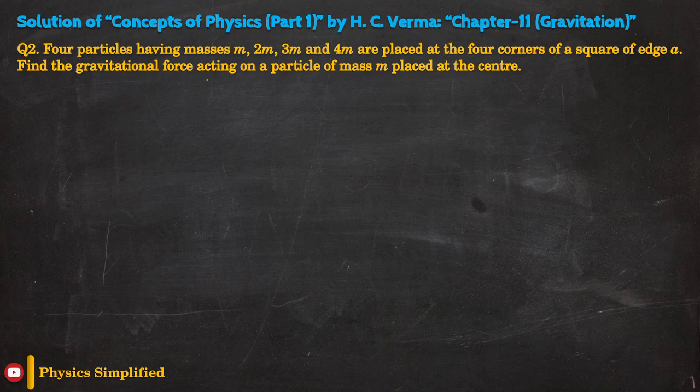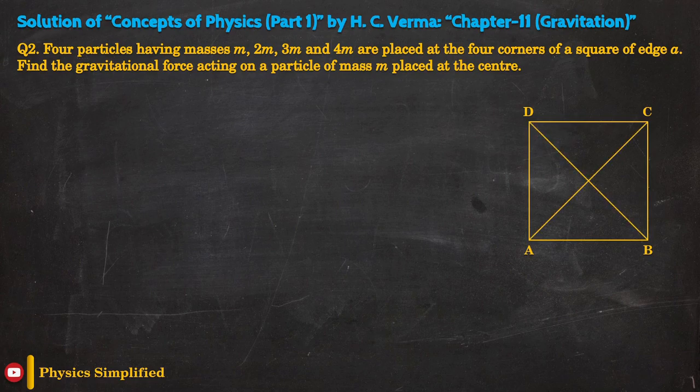square. So first of all, let us consider a square ABCD. Center of a square is the intersecting point of the two diagonals of that square. According to the figure, the two diagonals are AC and BD. So if we mark the intersecting point of AC and BD as O, then O will be the center of the square ABCD. Let the masses m, 2m, 3m and 4m be placed at the four corners A, B, C